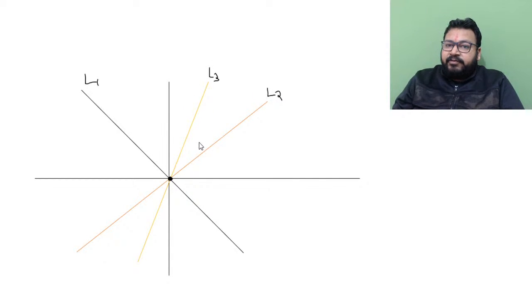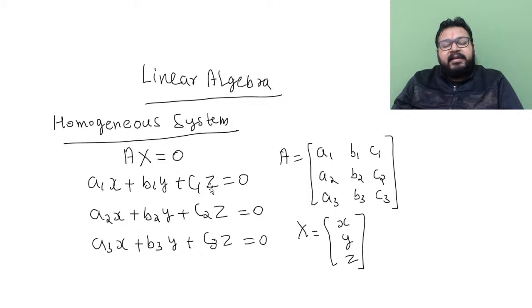If it is in xy only, it will be a line, and equals to 0 means the line passes through the origin. Now when x, y, z are there, they become a plane. So yes, they are also passing through the origin. So basically the origin is their common point. And if I want to find the solution, then obviously as all the three equations graphically meet at the origin, the origin must be their solution.